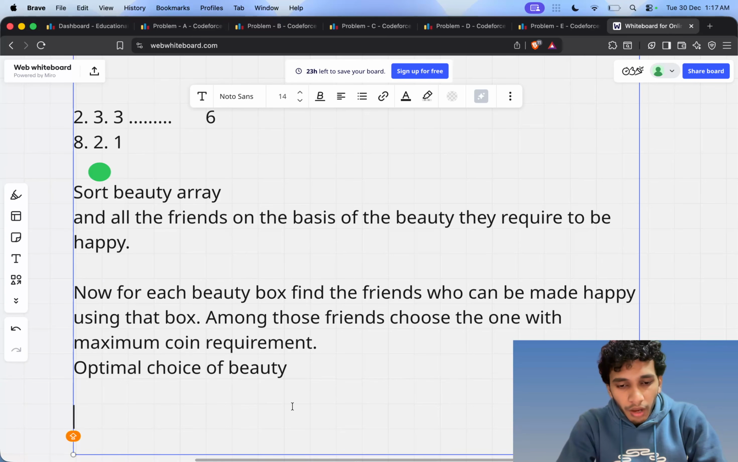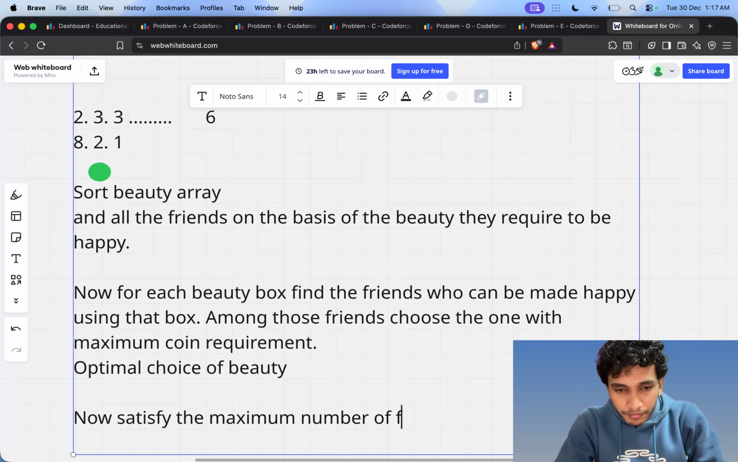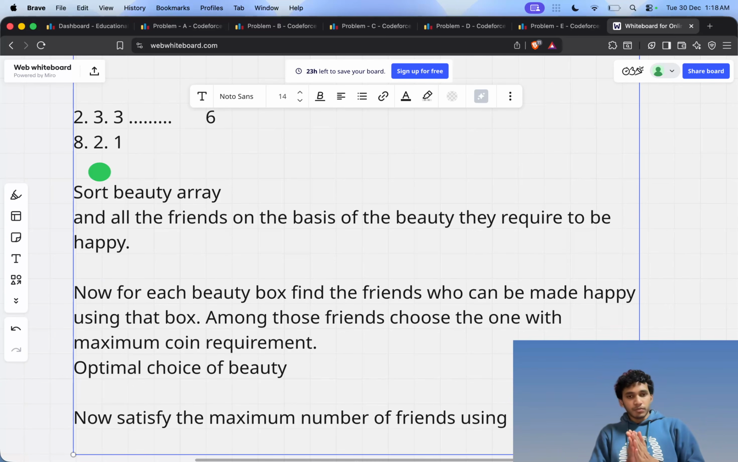Okay, so now satisfy the left maximum number of friends using coins. This is very much greedy. Why? Because let's say a friend who wants 5 coins to be satisfied can be satisfied using 2 coins as well. So sort it in increasing order of coins and keep iterating unless and until you find